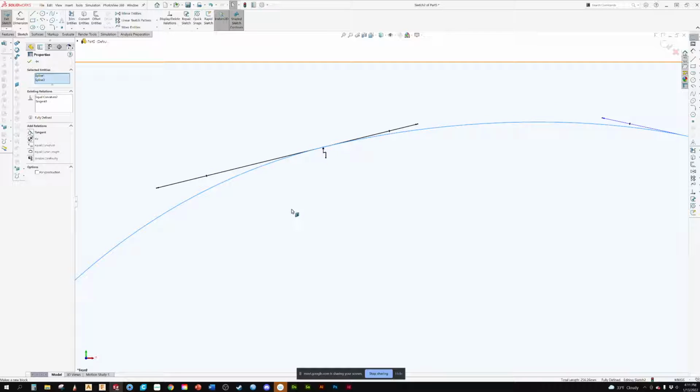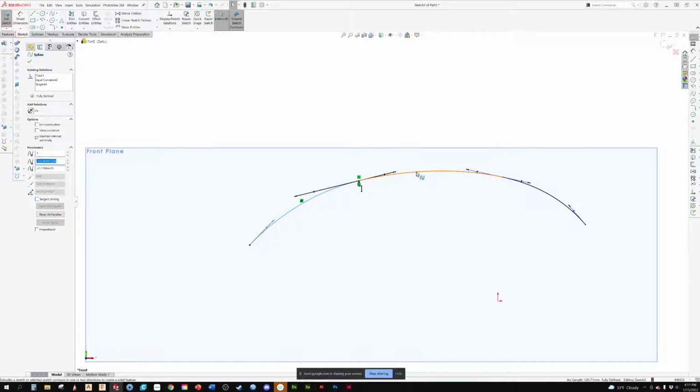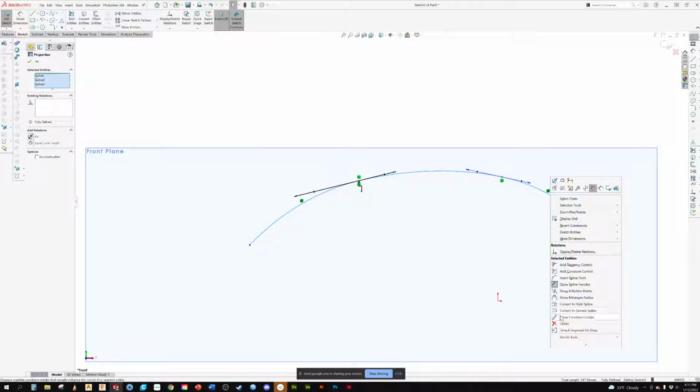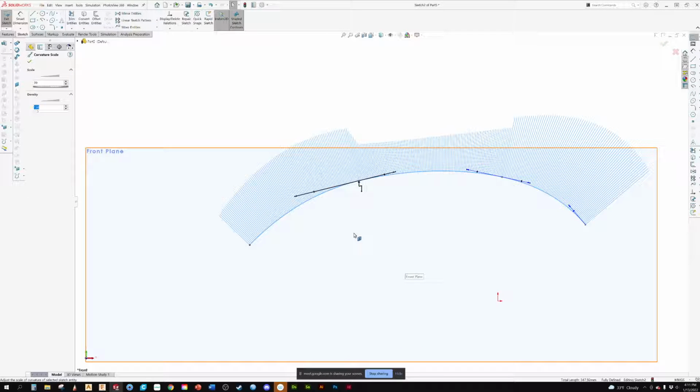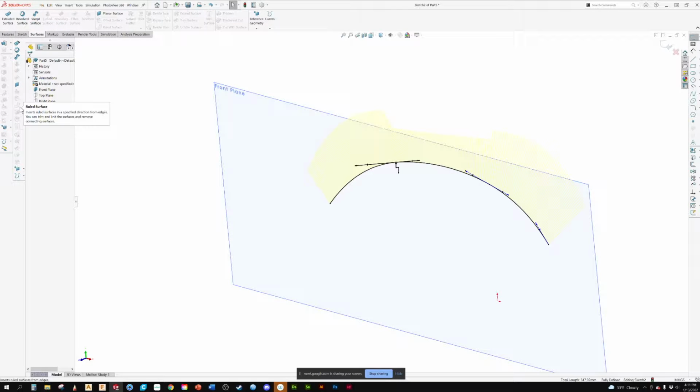No, I'm not going to touch curve. Now, we're going to come in. Show curvature. Now, here's the thing. They're just tangent. That's why it's not a beautifully clean surface or curved smooth between them. If I extrude this, it looks like, oh, hey, maybe there's a dip in it. So if I come in and I extrude this,